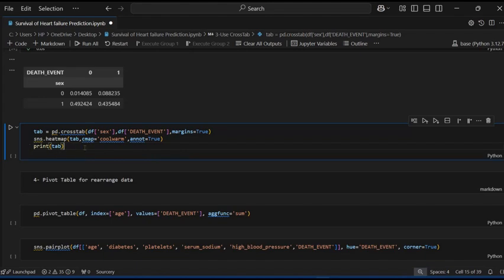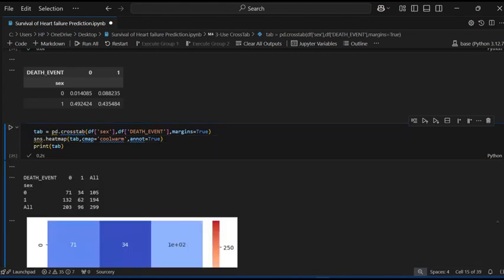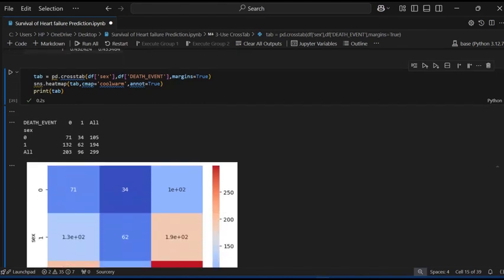Using the heat map plot, I pass this variable name tab, and cmap is coolwarm, and annot equal true, and print the tab. So there it uses the heat map, and it shows how many people died by smoking.